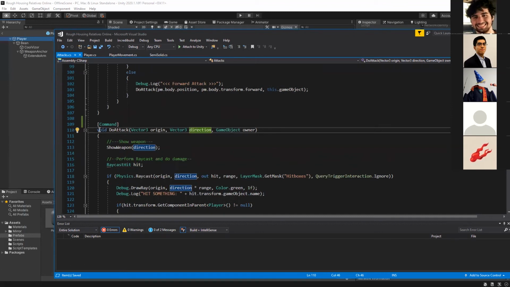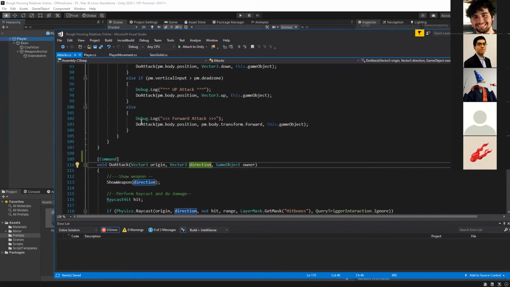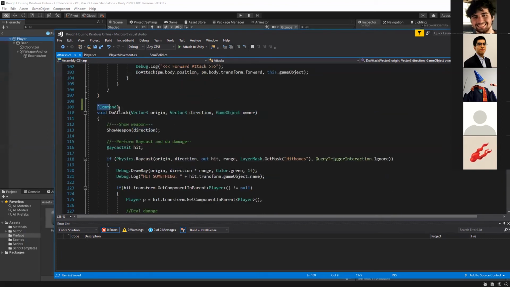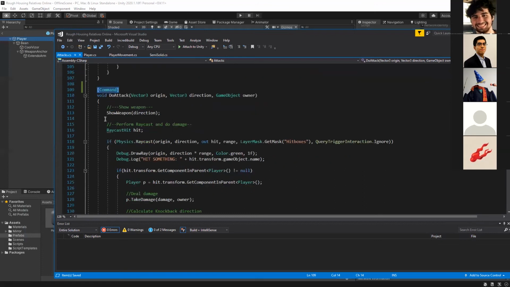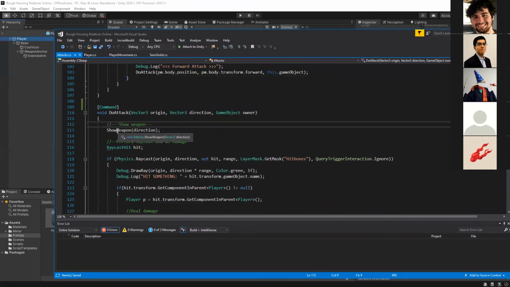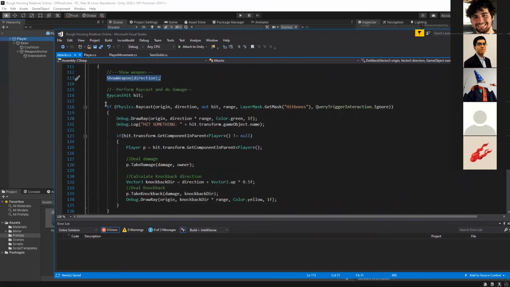So this is client authoritative attacking because the position is based on what the client says. However, commands are run on the server. So my client says, hey, I want to attack at this position in this direction, and this is me. The server is going to say, okay, let's show your weapon, let's do all this.